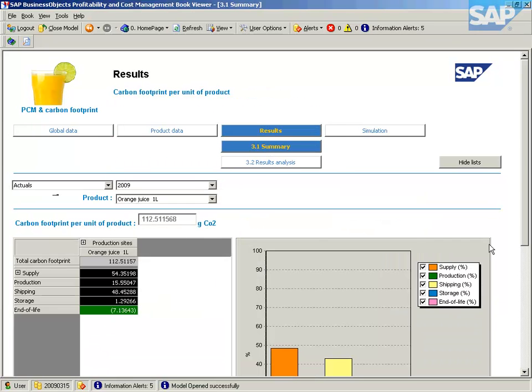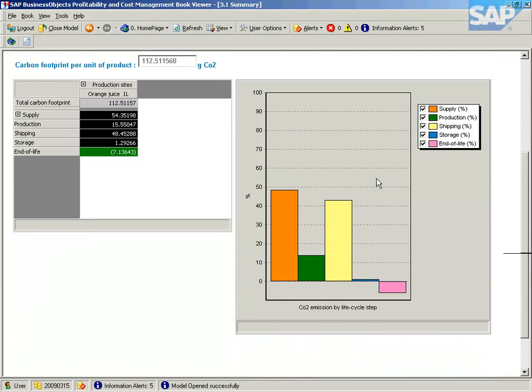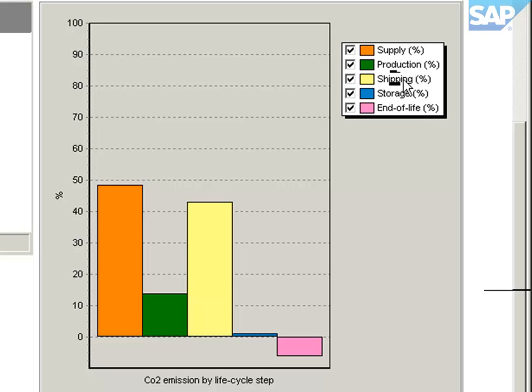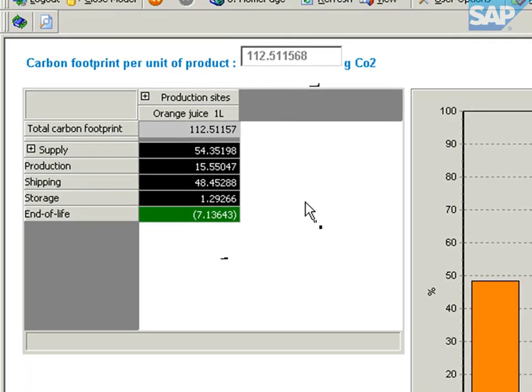we can see we're looking at the orange juice, and that here we can see a breakdown by life cycle step of the carbon that's produced. So for supply, production, shipping, storage and end of life. And the total amount of carbon here being just over 112 grams of CO2 per litre bottle that is generated. So although this page shows us the amount of carbon, in order to try and reduce that, we need to break it down further to do further analysis to understand how we might be able to